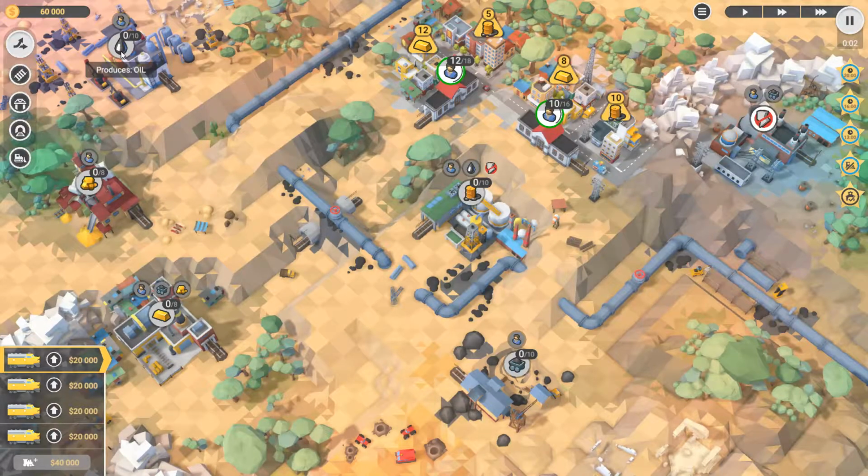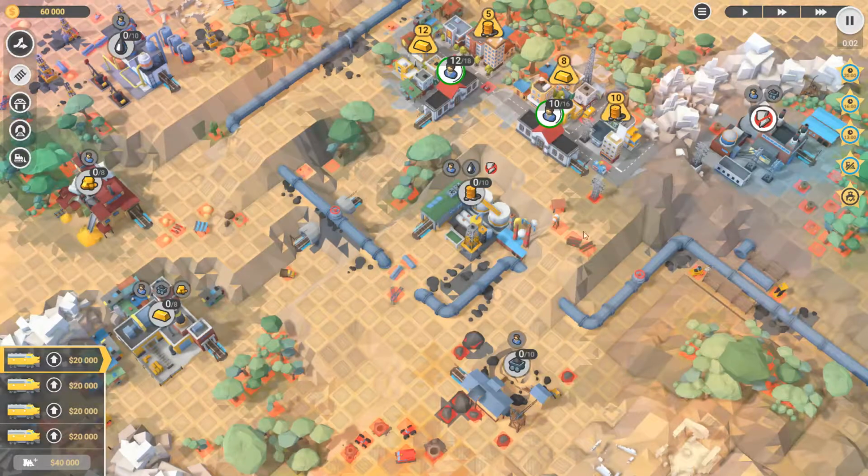And I haven't seen fuel oil before, it just needs workers. The power plant looks like it needs workers and electricity. Okay, the barrels of oil are where all the electricity comes from. So,